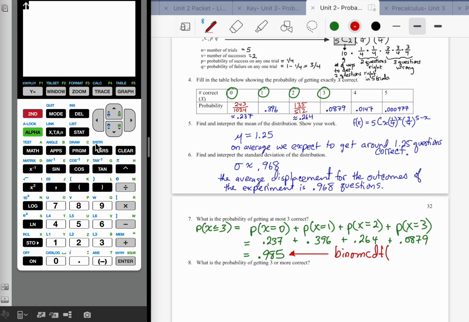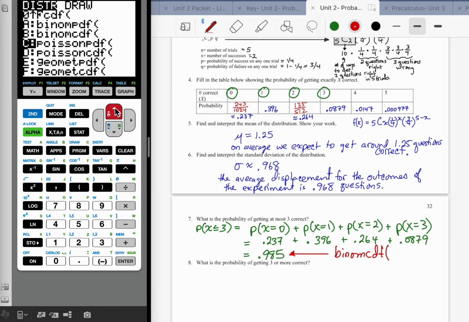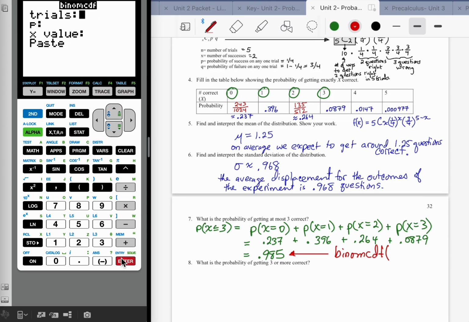Now if I do Binomial CDF, it asks for trials, P, and X value. So if you select the wrong one, it's not going to distinguish itself. You're going to look at it and say, oh, I must be in the right one. It looks the way I expected it to look. All right, but the trials here,